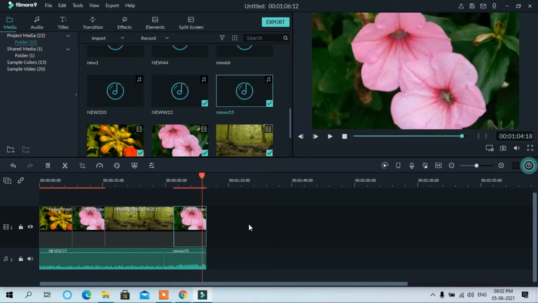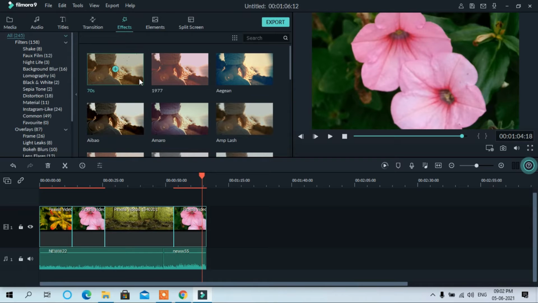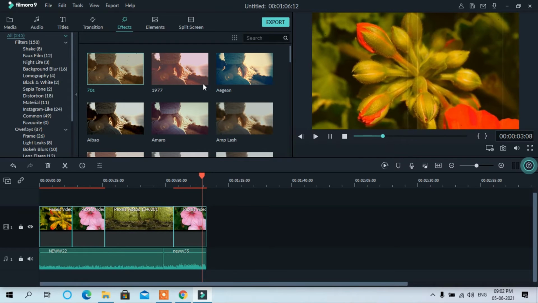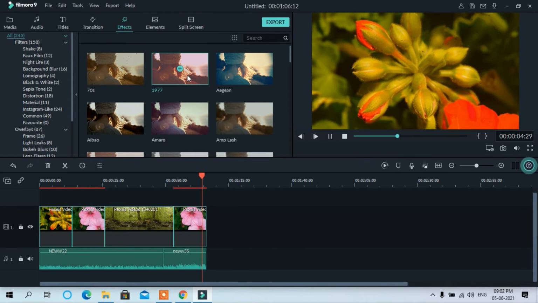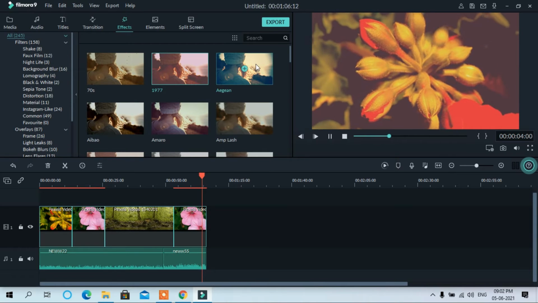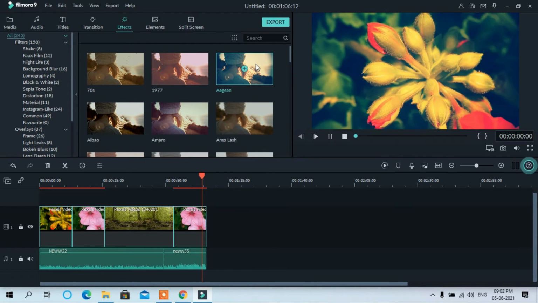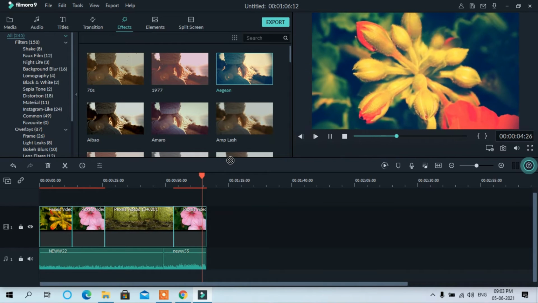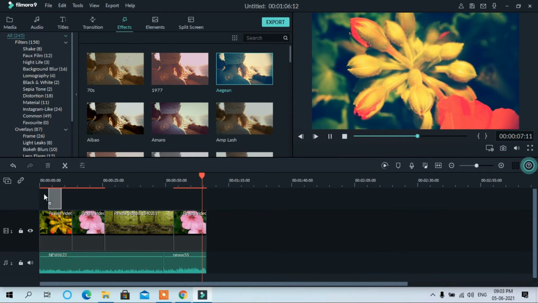If you want to give any effect to these clips, you have to first select these video clips and then go to the effects. See, there are a number of effects here. You can either use this, see, this effect, or if you want this effect, or this effect, but you have to drag that effect and put it on this video clip.